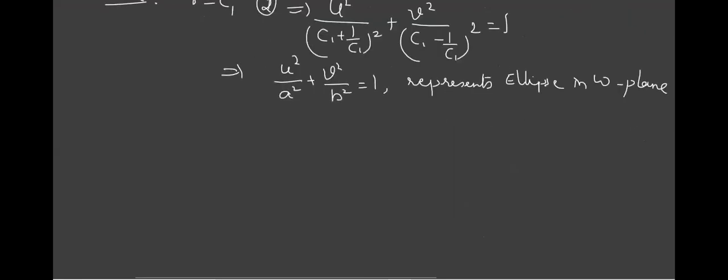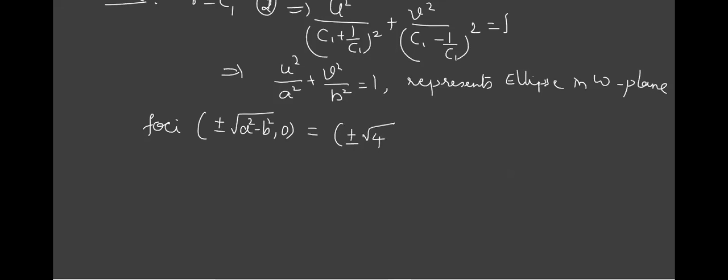Here we'll find the focus points. The coordinates of the focus points are plus or minus root of a square minus b square, comma 0. How to remember? If plus is there, there is a minus. Suppose my a is c1 plus 1 by c1, squared, minus c1 minus 1 by c1 the whole square, which is b square. Can anybody tell me directly what I'll get? If you have understood the concept I explained, you can tell me very easily. 4ab. It is 4.